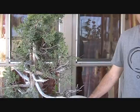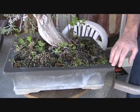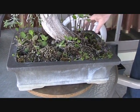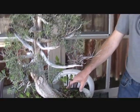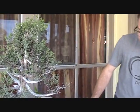The other thing I want to point out before we start working on this tree is that it is in a very old and quite valuable tokoname ware pot. And later on, after we take it out of the pot, I'll show you the hash marks on the bottom of the pot. The original owner of this tree brought this pot from Japan, and unfortunately since then the tree's